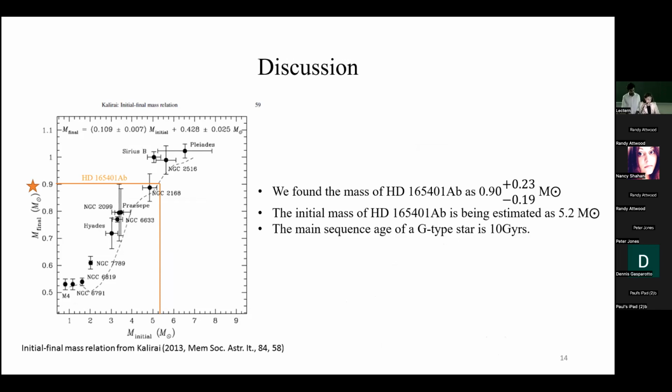We also used this graph to find the initial mass. We came up with the initial mass of the companion star as around 4.2 solar masses, which means the star before it was a white dwarf was 5.2 solar masses, which means it was very, very huge. And these huge stars are quite rare in the universe.